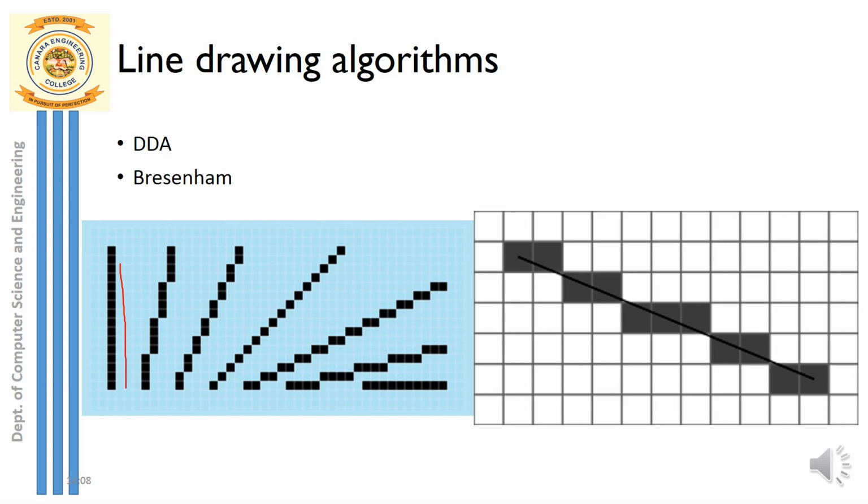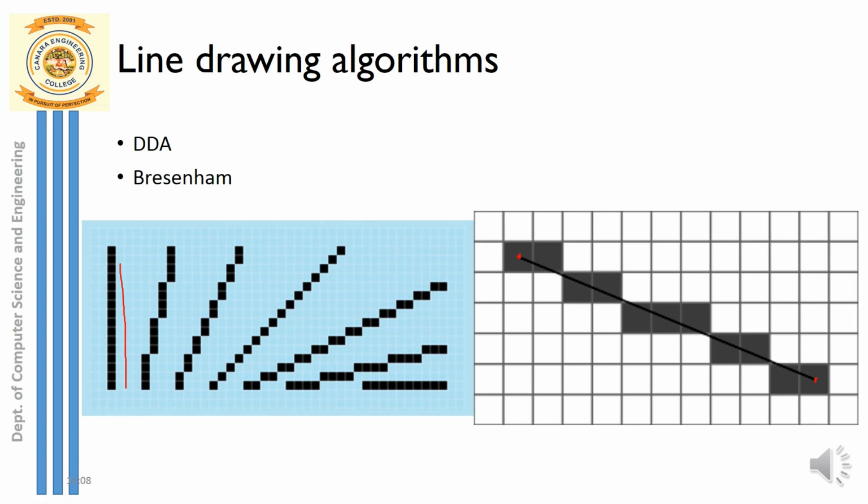You can see here a screen which is divided into multiple grids. Your monitor screen can be divided into multiple rectangular blocks, you can see it as rows and columns, and every such block inside that grid can be called a pixel. Now in order to draw a smooth line, all we can do is select suitable pixels. If I want to draw a line over here, this is one endpoint of the line, and the other endpoint of the line is over here.